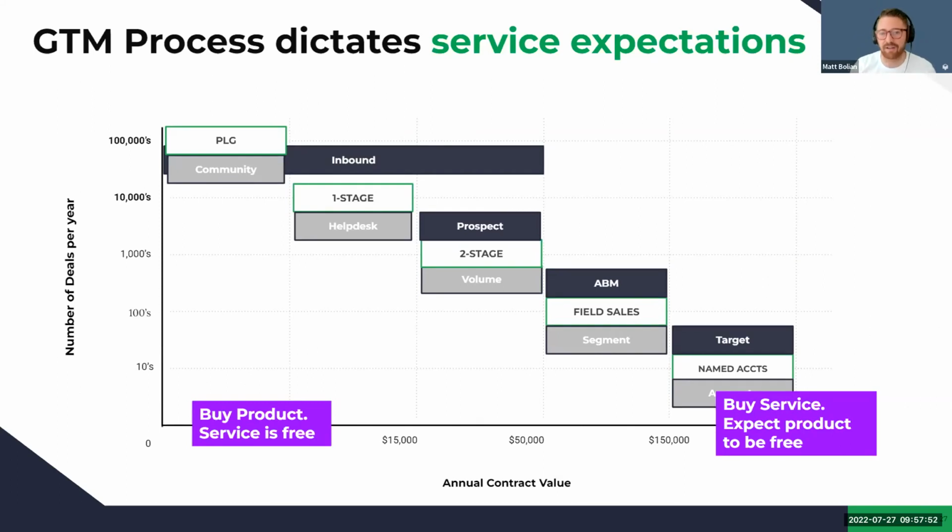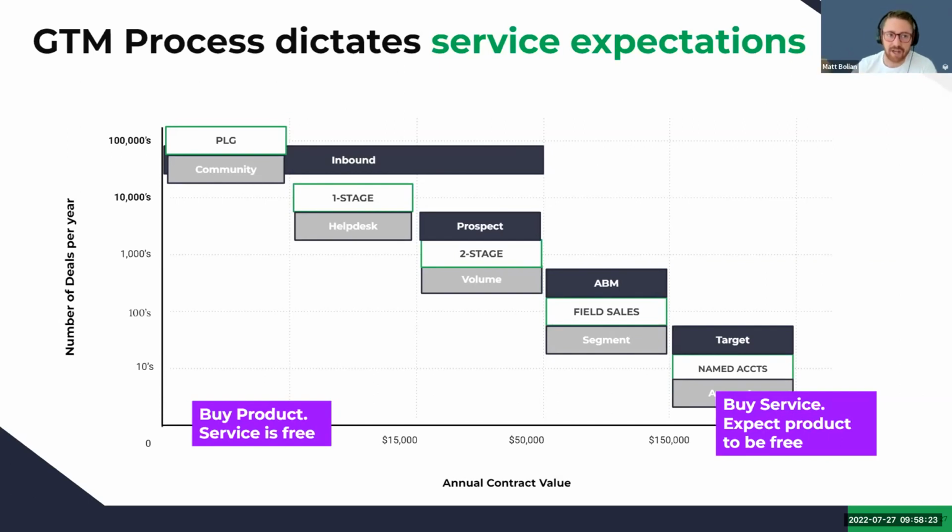Them using our product is not indicative. The size of their business is not indicative of our sales motion. How they buy is indicative of our sales motion. And they bought through us. If they were a one-stage, they did it inbound on our website. We had two conversations and they purchased. That is not an enterprise sale. We do not need an enterprise sales team. We need people out of college to answer phones, and we're teaching how to do that.